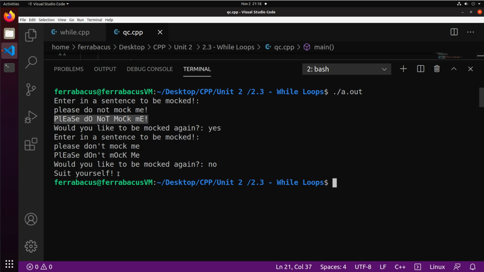But I will tell you one little thing. I know in the couple previous lessons, I haven't been doing the clearing and ignoring for the cin buffer. And in order to get this to work, you most likely will need that tool again. So keep that in the back of your mind, okay? If you forgot about that, go and check out the 1.3 video, and hopefully you'll remember because you're going to need it,